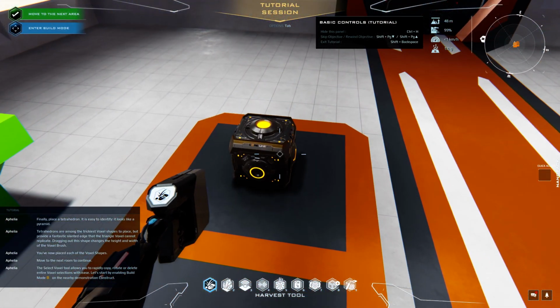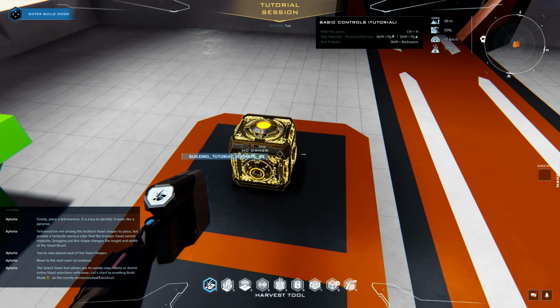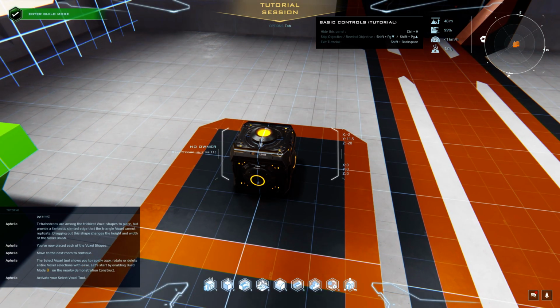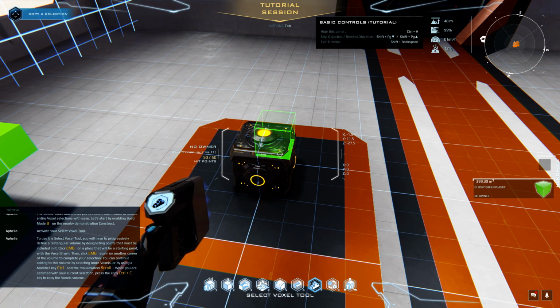The Select Voxel tool allows you to rapidly copy, rotate or delete entire voxel selections with ease. Let's start by enabling build mode on the near. Activate your Select Voxel tool. To use the Select Voxel tool, you will have to progressively define a rectangular volume by designating points that must